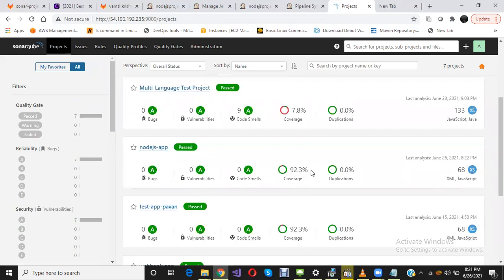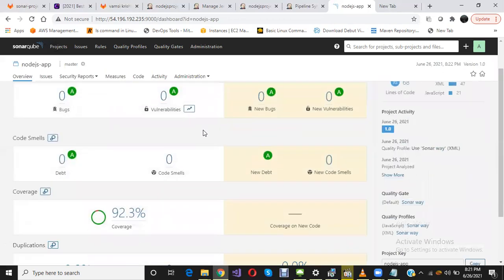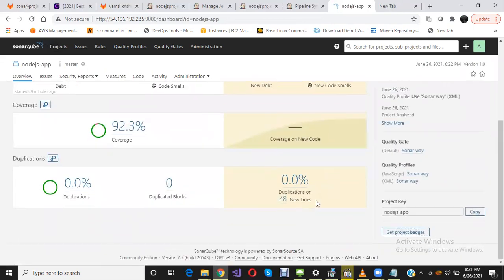And we can get the code coverage. I will show what are the commands we need to get for getting code coverage. You can see the duplicated lines, how many, and quality profiles and quality gates. What are the quality profiles and quality gates? So quality profiles are nothing but for your code, what are the rules we need to add?